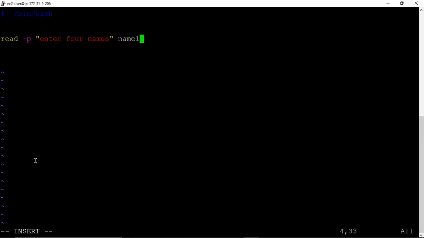So this is one variable. Then we write name 2, another variable. This can be done with the help of array also, but in this part I'm not going to discuss array. There will be separate lecture on array. So we have name 4.